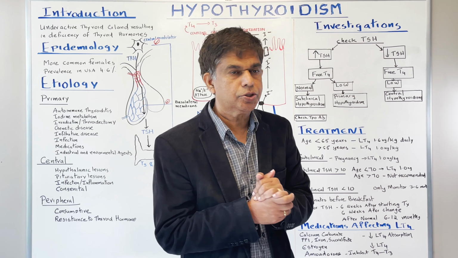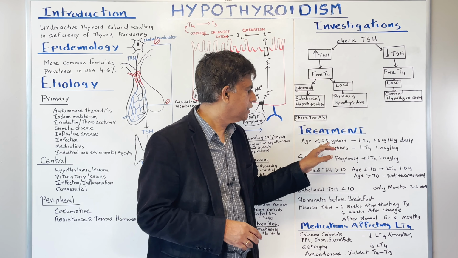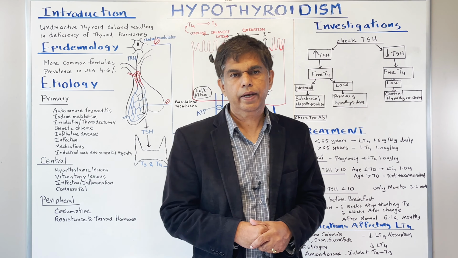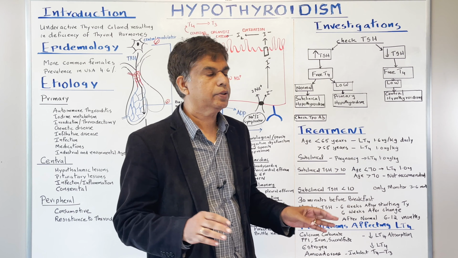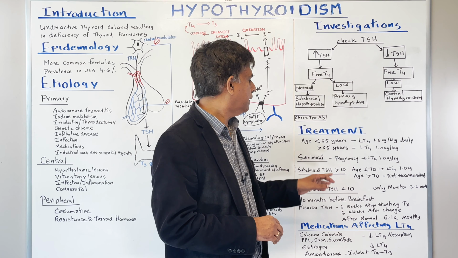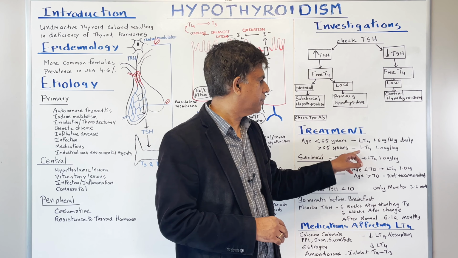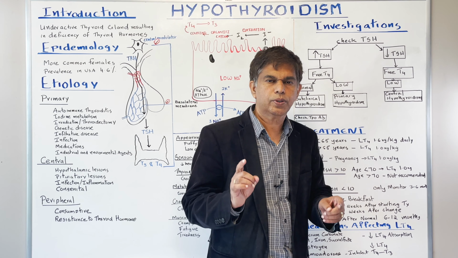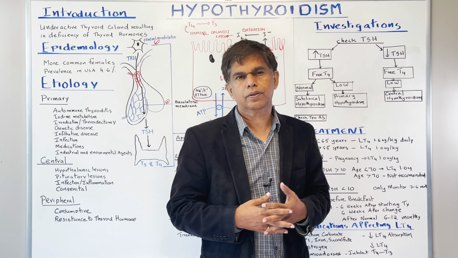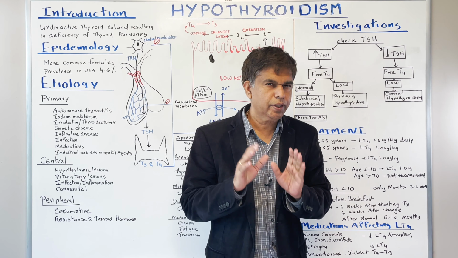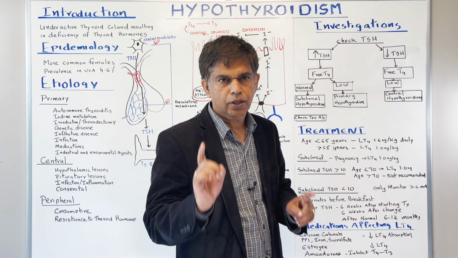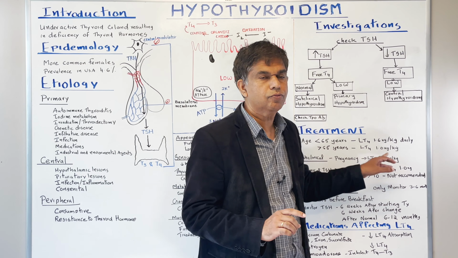Obviously, we have to think about the treatment. How do you treat it? Now, age less than 65, you give 1.6 microgram, okay? When you diagnose primary hypothyroidism, you start with 1.6 microgram per kg. If they're older, greater than 65 years, you give only 1.0 microgram per kg, because the more you give, it can affect the heart function and all that. So you have to be careful. Look at the age: greater than 65, you start with the low dose; less than 65, you give 1.6